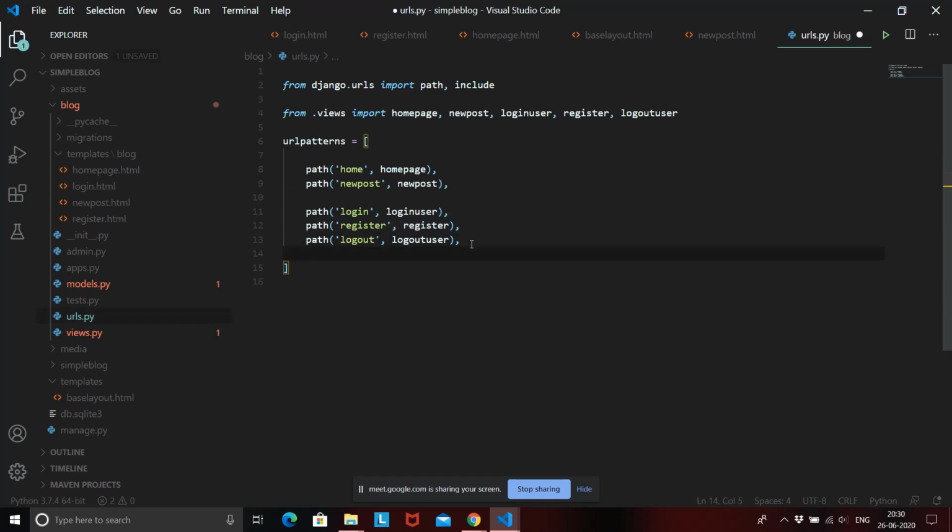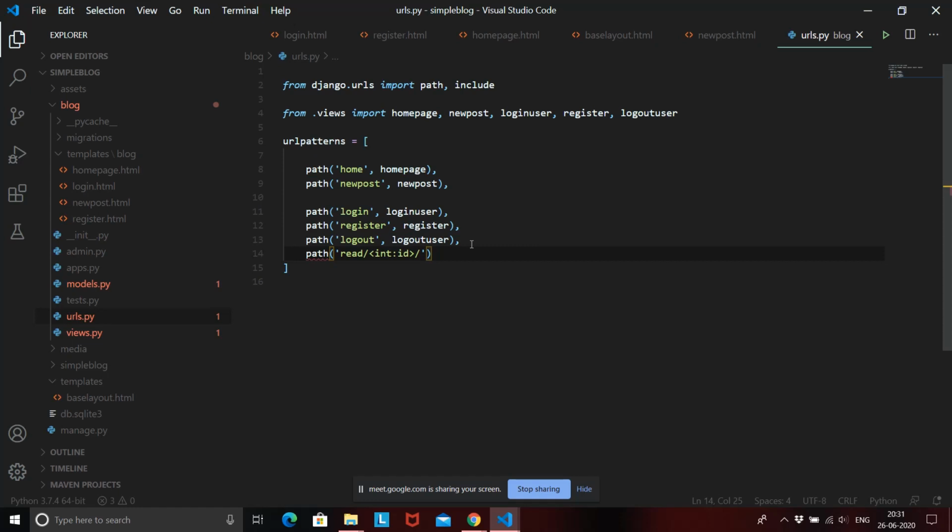Okay, so what we are going to give here is path read, and then we cannot hard code the ID over here directly. If we give 1, each and every time it is going to look for 1. If we give 2, each and every time it is going to look for 2. But instead of that, we are going to tell it to look for an integer value whose name is ID. Okay, so this is how you write a dynamic URL.